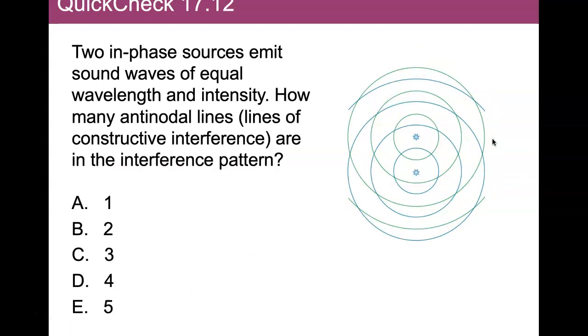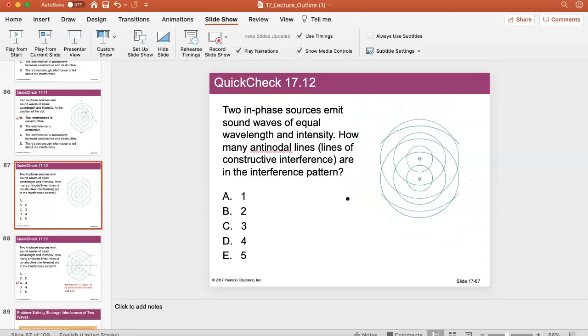Here's another one. So again, pause the video, try to find the answer. Okay, so we have two in-phase sources. How many antinodal lines of constructive interference are in the interference pattern? Okay, so how can we find them? Well, there's going to be a horizontal line here going through